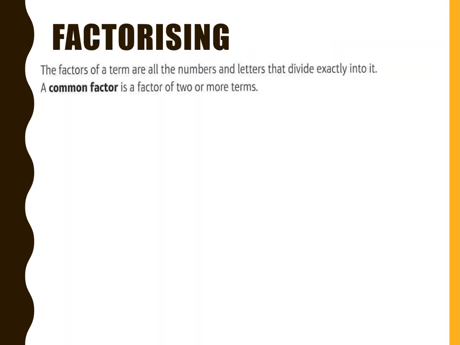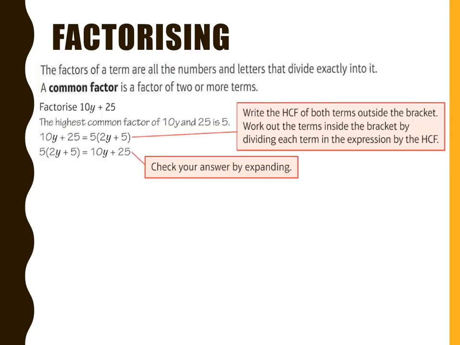The factors of a term are all the numbers and letters that divide exactly into it. I've just mentioned, when we were talking about expanding brackets, factors, the ones that are outside the bracket. A common factor is a factor of 2 or more terms. So if we were to be told to factorize 10y plus 25, the highest common factor of 10y and 25